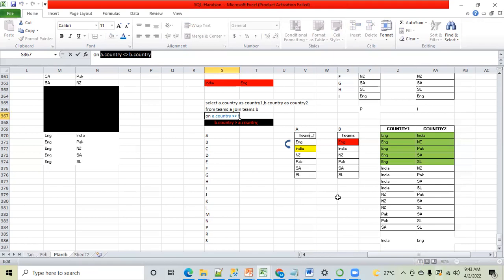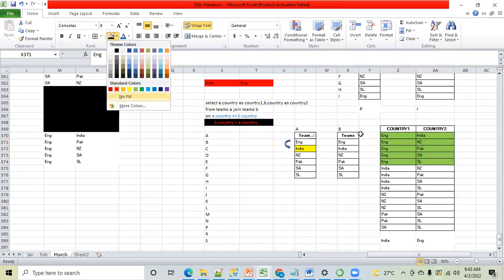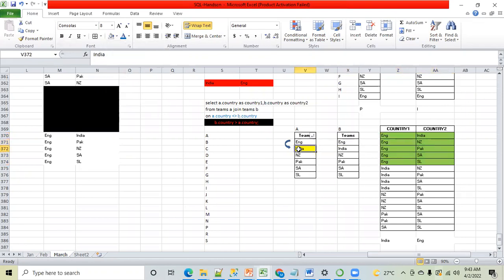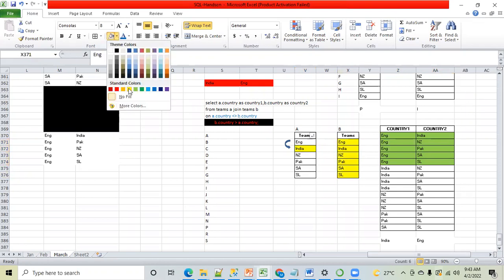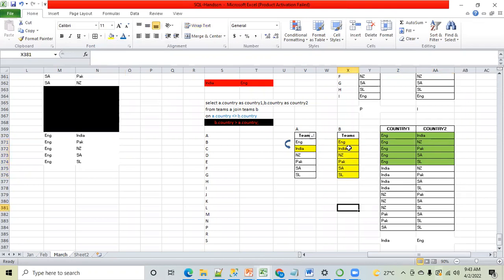Okay. No response means I'm going that this is clear. So this England combination of data, is this clear? Everyone clear? Yes. After England, you will go to the next record, that is India. This is the way your join works, correct? You will start with India and you will scan all the records of the next table. This is how you proceed, right? Am I correct, guys? Yes or no? Perfect.